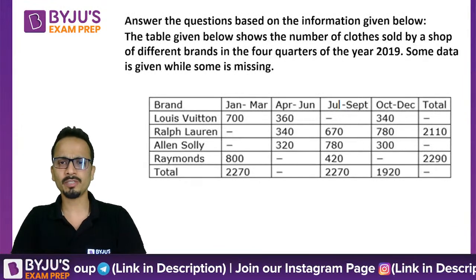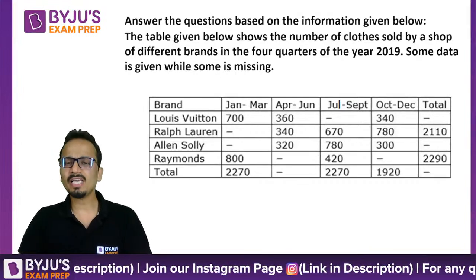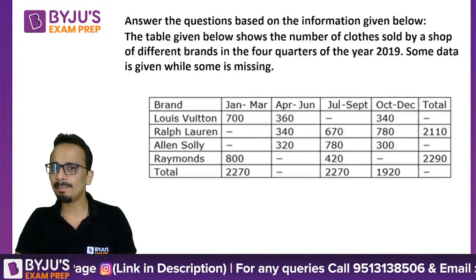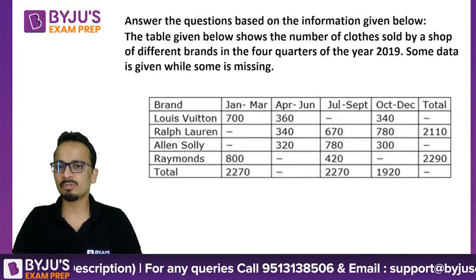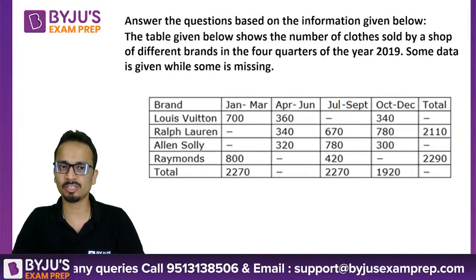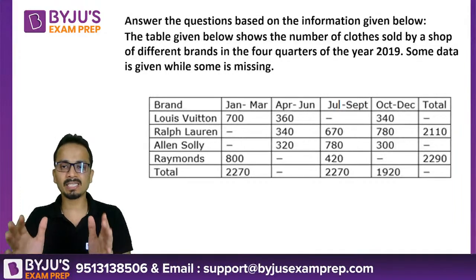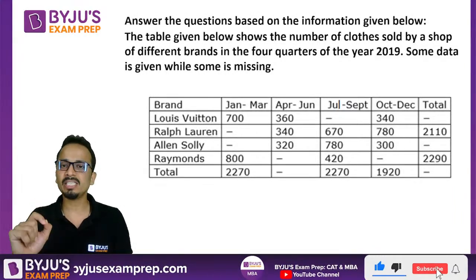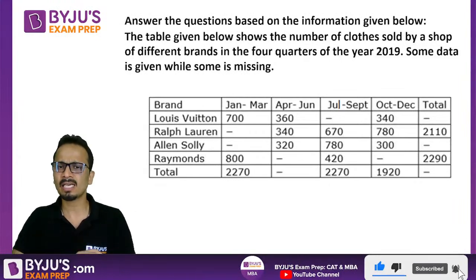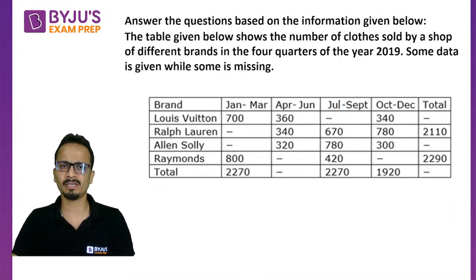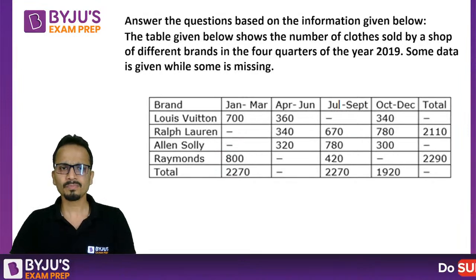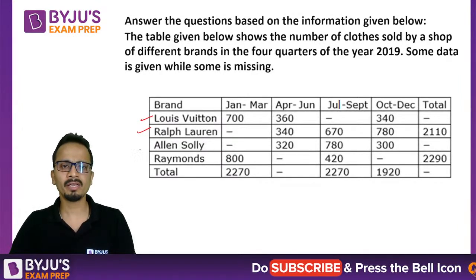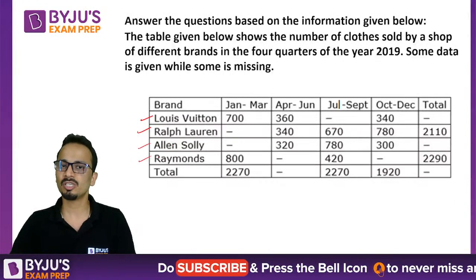Now, for this question, you need to be very quick. If not very quick, you need to have an above average speed when it comes to additions and subtractions. This entire table is completely based on additions and subtractions. That's it, and nothing else will be required in this table. Now there are 4 brands which are given: Louis Vuitton, Ralph Lauren, Allen Solly, and Raymond's, and there are